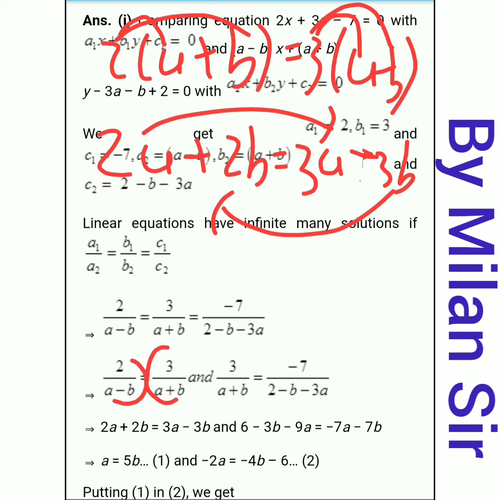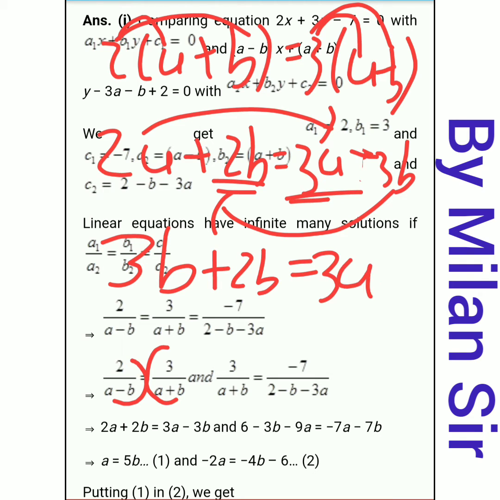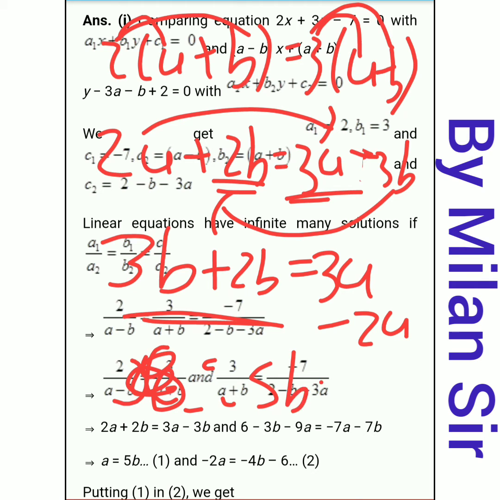we want our terms which contain a on one side and on the other side we want all the terms which contain b. That's why. Okay, so here minus 3b comes to the left hand side, it becomes plus 3b, and here already plus 2b. Right, in the right hand side already 3a is there. If we transfer plus 2a to the right hand side, it becomes minus 2a. Okay, now 3b plus 2b, 5b, 3a minus 2a, it is a.